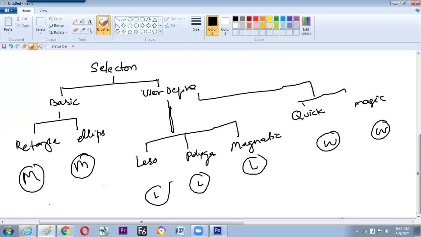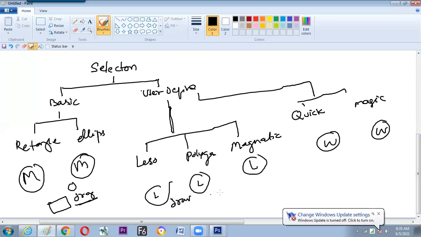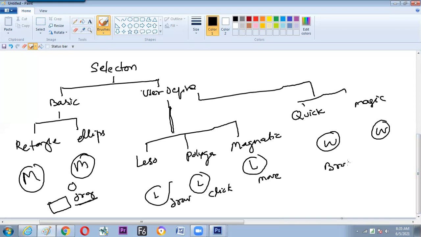This makes the selection with a drag, either it is a circle or anything, drag. Here it works with draw. It is with click. It is with move. It is with brush. It is one click. So here we have mentioned the method of working. These two are color sensitive.